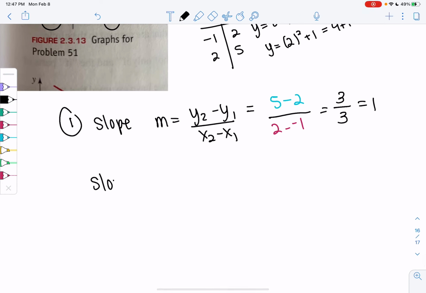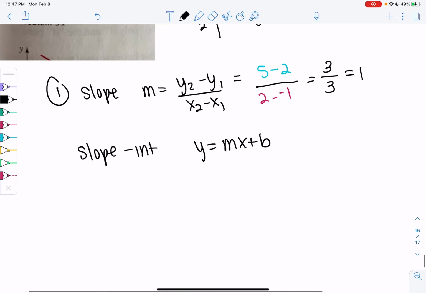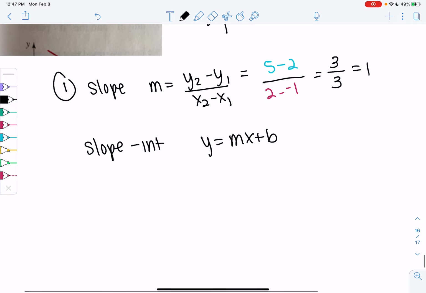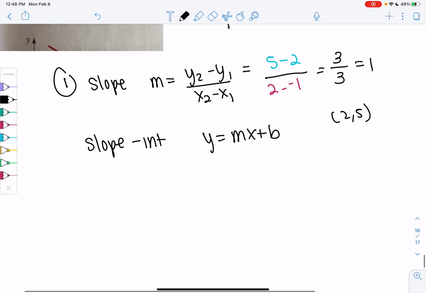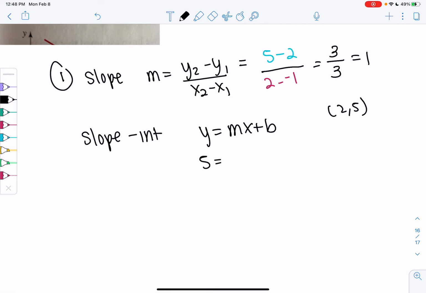So slope intercept is y equals mx plus b. I'm going to do the other method. I think it's a little faster, but if you wanted to use this method, you plug in a point. So one of the points was 2, 5. You can plug in either point. I just picked 2, 5. You plug in 5 for y, 1 for m, 2 for x, and then solve for b to find the equation. Otherwise, if you want to use point slope,